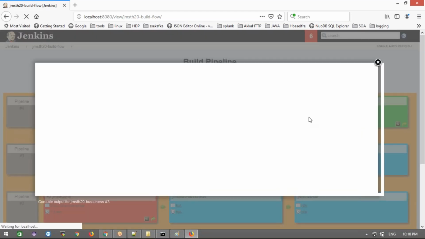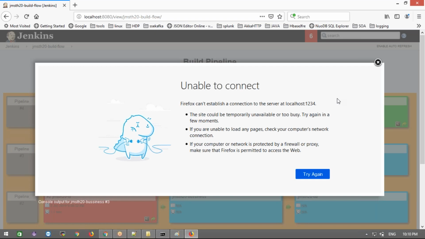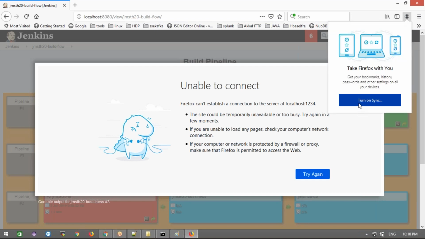It will pop up here and show this, but I don't know why it's not connecting. Maybe some restriction is happening for the pop-ups. Maybe I blocked the pop-up output, and maybe that is the reason. Pop-up output you want to allow, right? For that we need to allow this, I think.